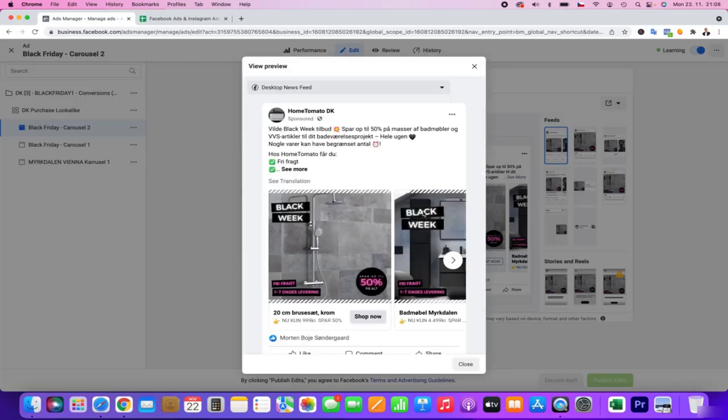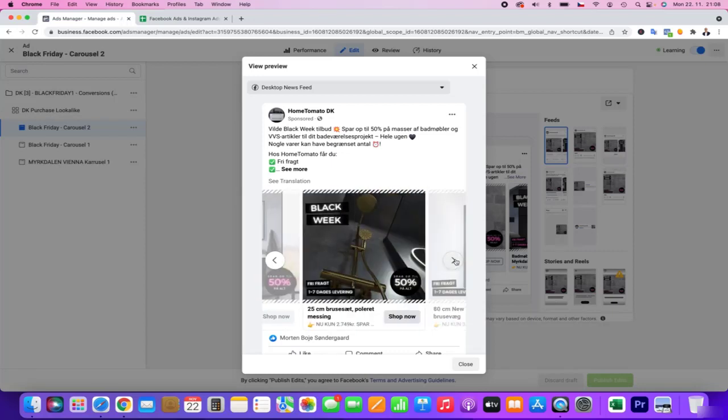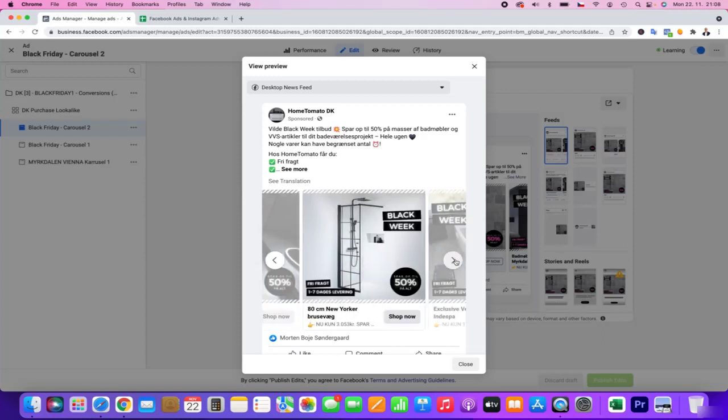They can go to the exact page with the product, and they can see the exact saving and the exact price.